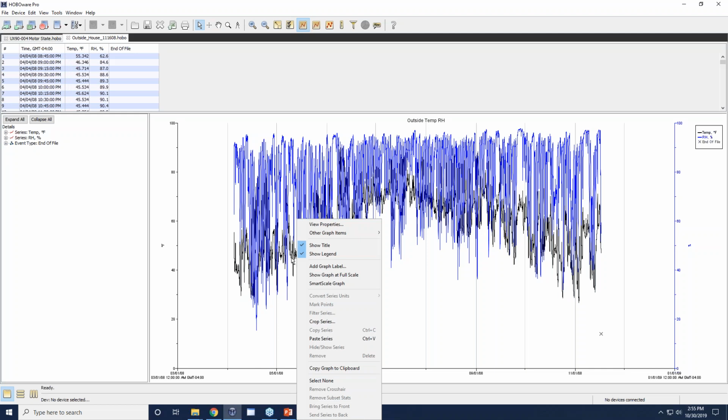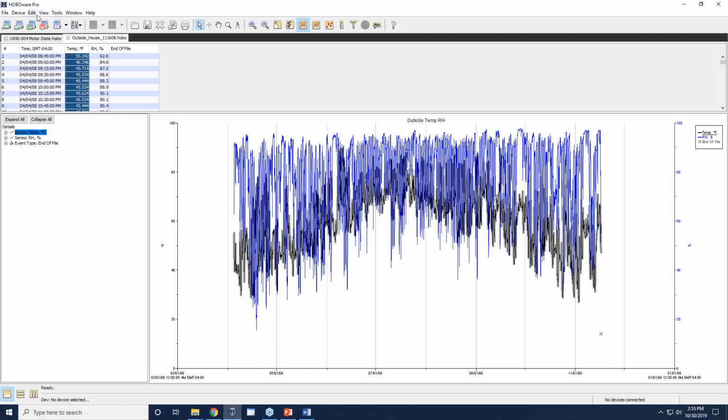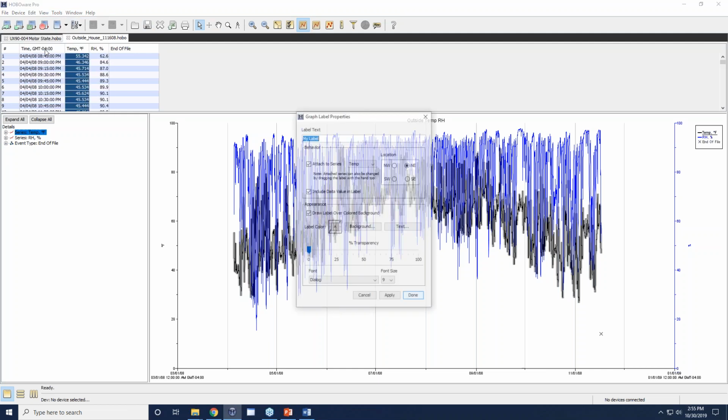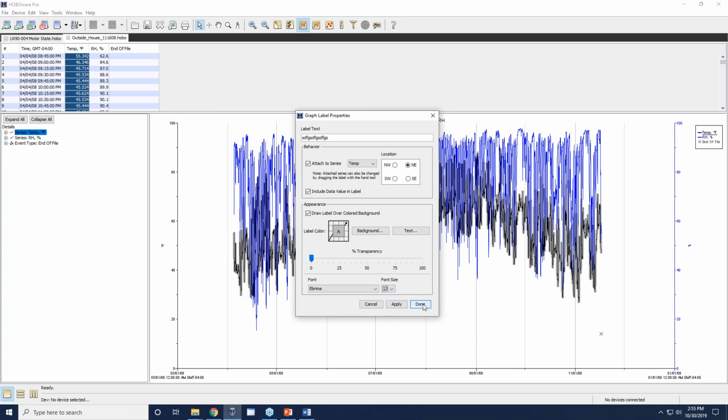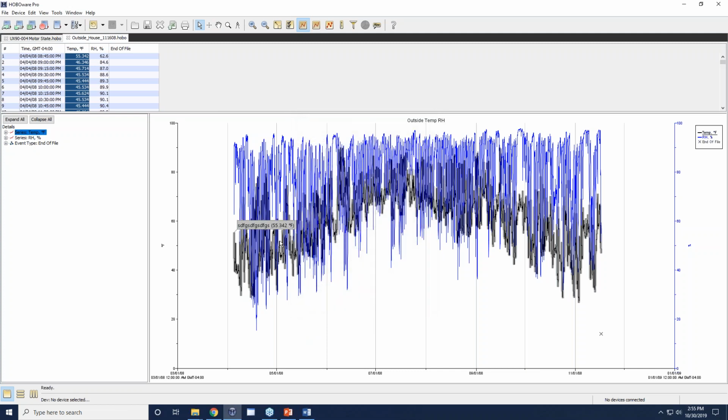So what we'll do is you can just click on this, and then you can add a graph label, and you can basically type it in here. You can attach it to a series. You can change the font and the size of it, and we hit done, and basically this will show here. So if you're trying to do any highlights right within here, I know a lot of times folks will grab that data, bring it out, and then bring it into a PowerPoint,